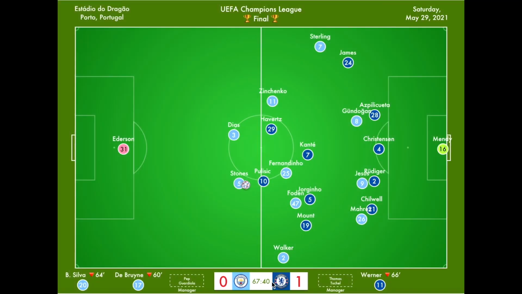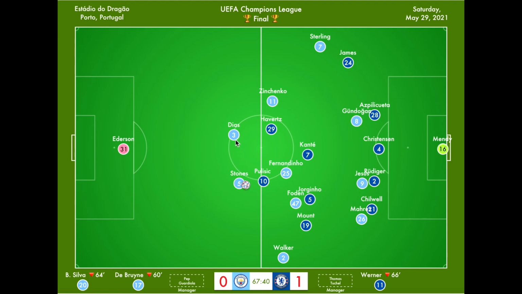At the 67:40 mark in the game, we have a 1-0 advantage to Chelsea still, and Kevin De Bruyne has been taken out in the 60th minute after his collision with Antonio Rudiger, for which Rudiger got a yellow card, and De Bruyne goes out and Jesus comes in the number 9 shirt here, and Bernardo Silva goes out in the 64th minute, and Fernandinho comes into the game for the first time. For Chelsea, Timo Werner gets taken out in the 66th minute, and Christian Pulisic comes into the game in the number 10 shirt here. So as we go into 67:40, this is the layout of the players on the pitch,